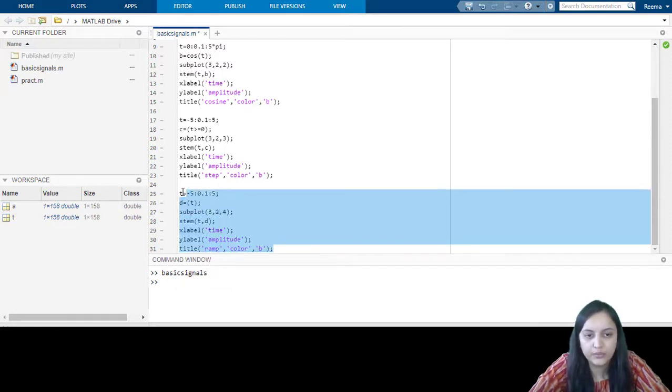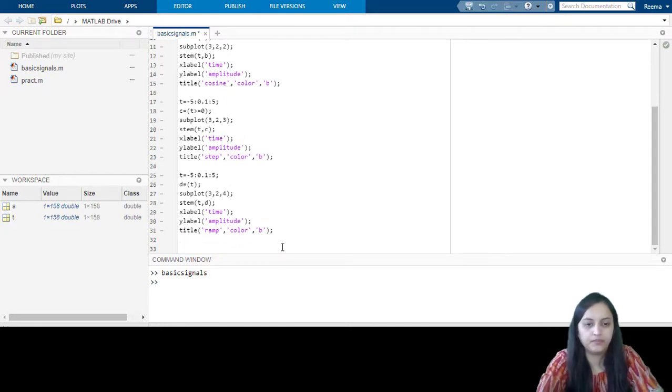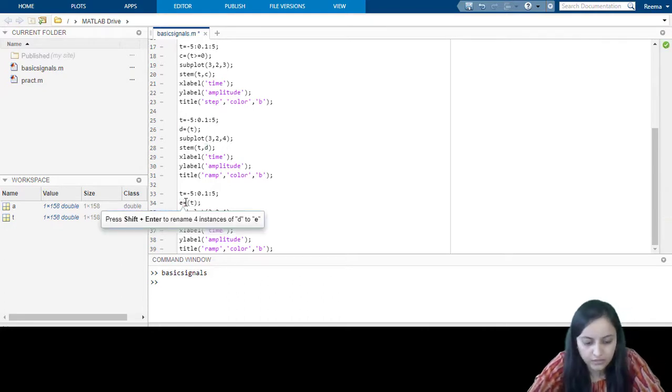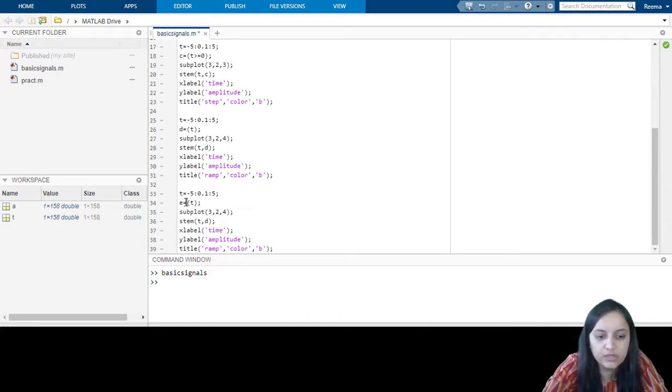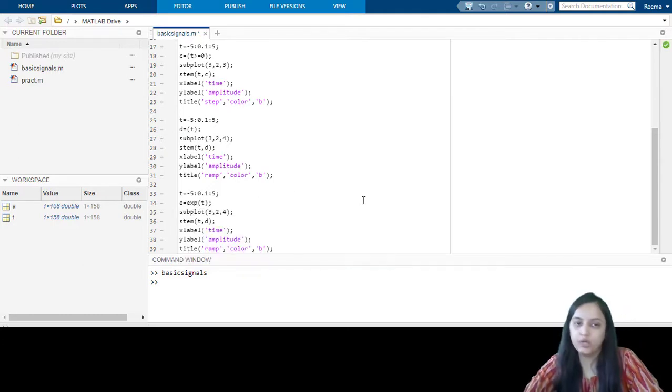Now again the same procedure is to be done for the next signal, which in our case is the exponential signal. The time period will remain the same. We are going to use another variable, e. For the inbuilt exponential function we use exp of t, the inbuilt MATLAB function, and it will plot the exponential signal in the figure window.